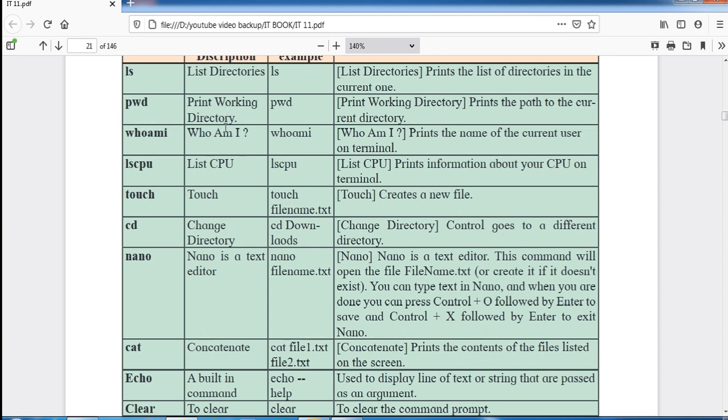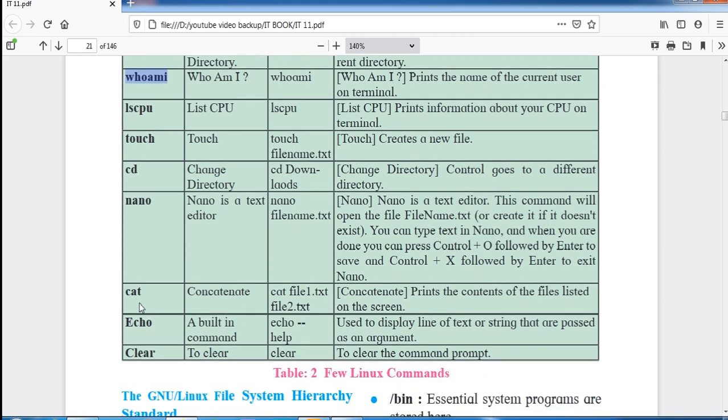pwd, the print working directory. whoami, who am I, prints the name of the current user on the terminal. If you want to print the name of the current user, you should use the whoami command. lscpu, list CPU, prints the information about the CPU on the terminal. Other commands are cd, which is change directory, nano is the text editor, cat is concatenate, means you can connect two files,